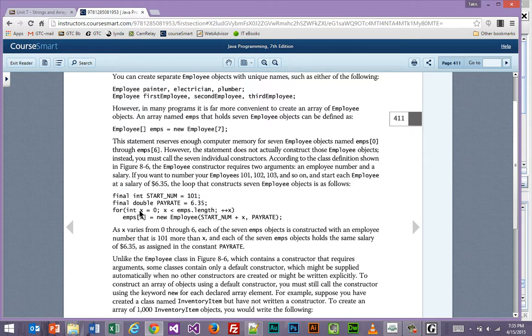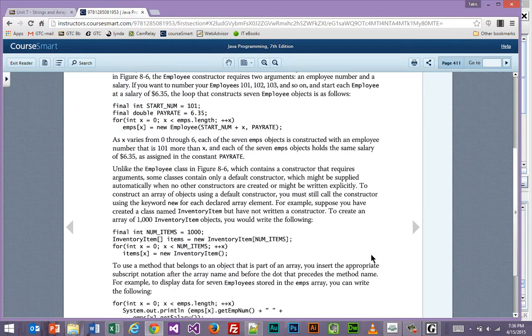X is whatever is in position 0. So the first time through we're going to add 0 to 101. So the first one's going to be 101. The pay rate is going to be $6.35. The next time we go through it's going to be 101 plus 1, so it's 102, and the pay rate's $6.35. So you see what it's doing? It goes through, it creates all 7 of the array positions, it puts in a unique employee ID number because it changes 1 each time, and then the same pay rate for everybody. So that's one way to populate